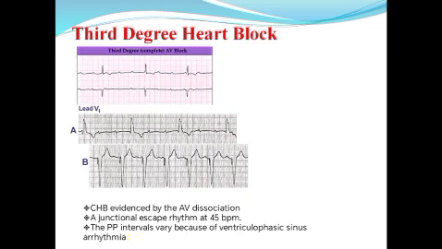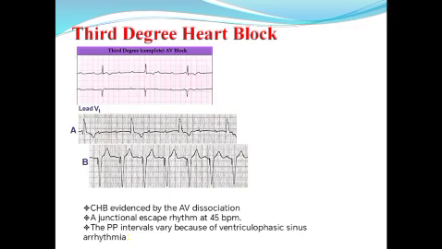Here we have complete AV dissociation. What that means? That means there is no relation between the P wave and the QRS complex. And the junctional escape rhythm is about 45, and the PP interval varies because of the ventricular phasic sinus arrhythmia. That means what we have here, there is no conduction from the AV node up to the ventricle,